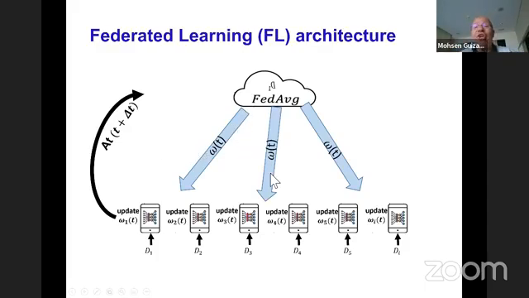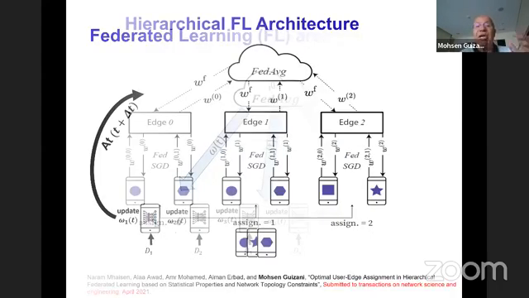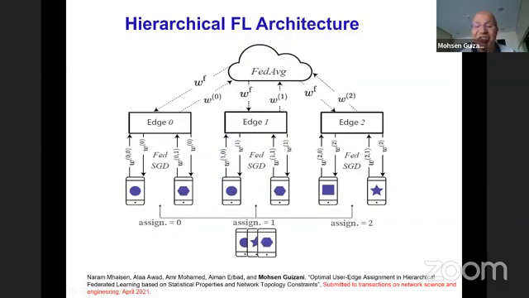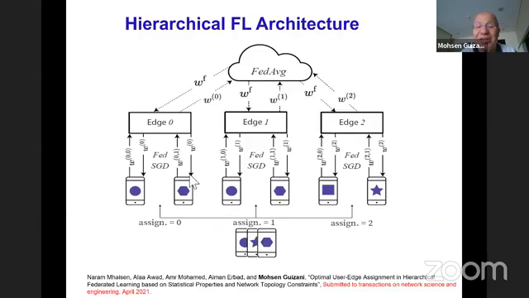So with this, we have learned a lot about our users, but we did not overload the network. We did not overload the cloud here with sending the raw data. And then we have extended this process to what's called hierarchical federated learning architecture. So we have created a hierarchy here. In addition to the edges within the smart city, we added another layer of edges here. As you can see, edge 0, edge 1, and edge 2,